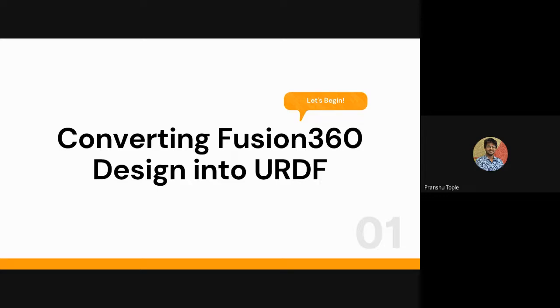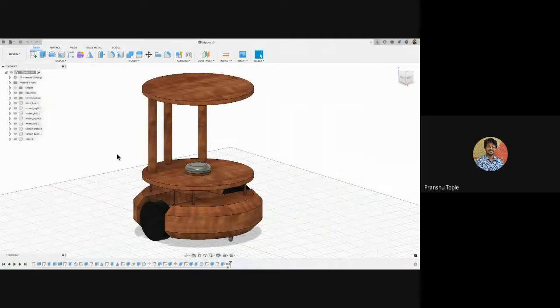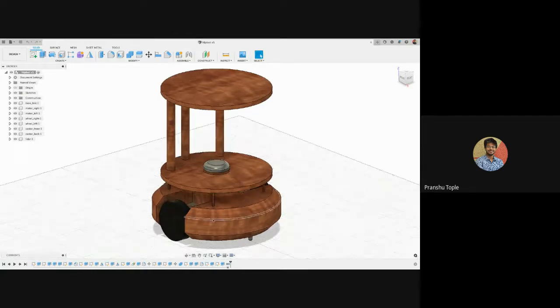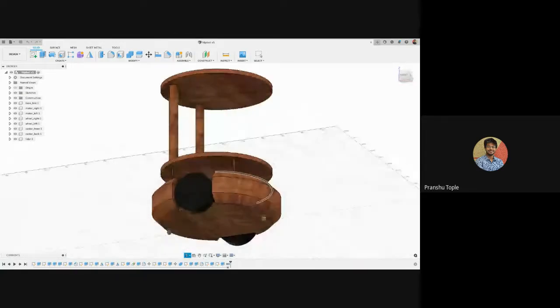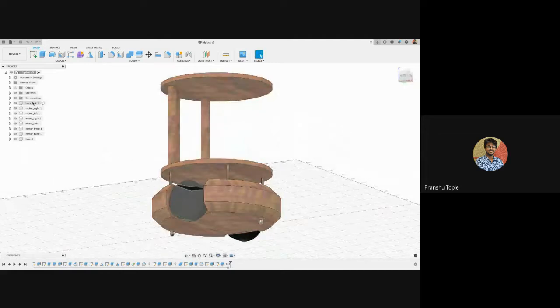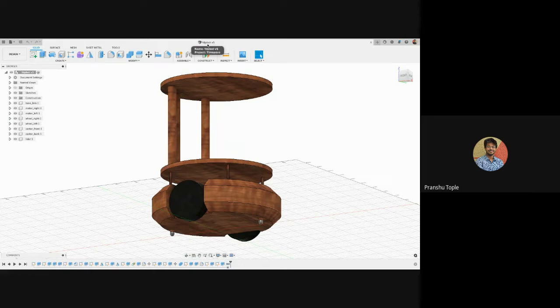Fine. So, in the previous session, we saw how we can design this robot. Just to give you a quick recap, what we did was we created a base. We named that base as base underscore link. This was the rule that we followed. And even when we saved the robot, everything should be lowercase. Nothing should be uppercase. Remember?